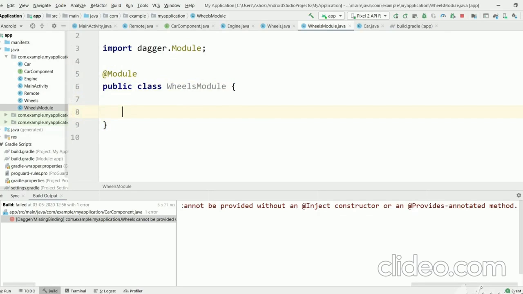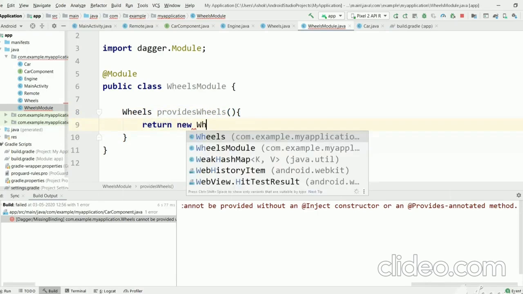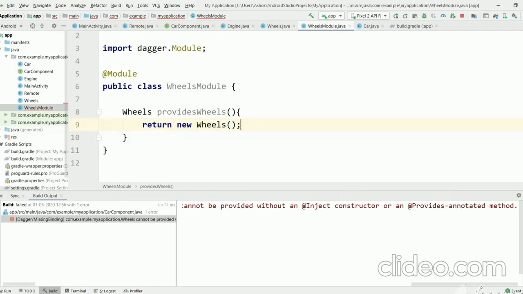Let's create a method which returns Wheels, named provideWheels. In this we will just return a new Wheels directly. If it is a third-party class, we need to create it manually using the new keyword, as there is no way of putting any annotations inside that.